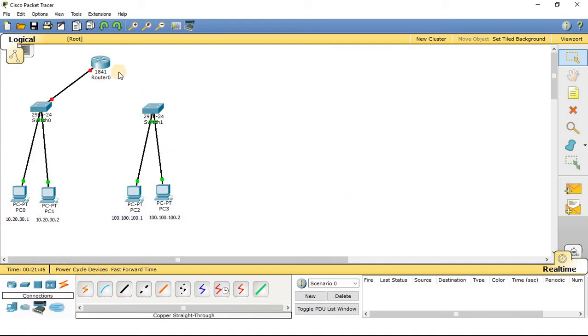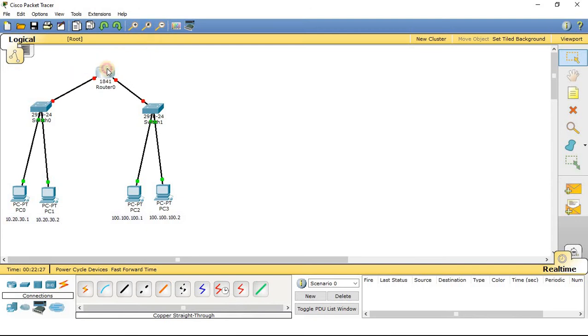Okay, and to connect the router with this particular switch, I will take another cable. So now one end of the cable I will connect with this particular port. You can see only one port is available. In each and every router there are two interface ports. So one port I have already consumed by connecting this particular switch. Another port I will now connect with this other switch. So both the switches are now connected with the router.